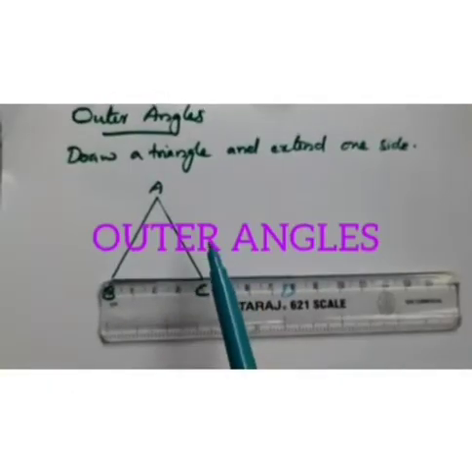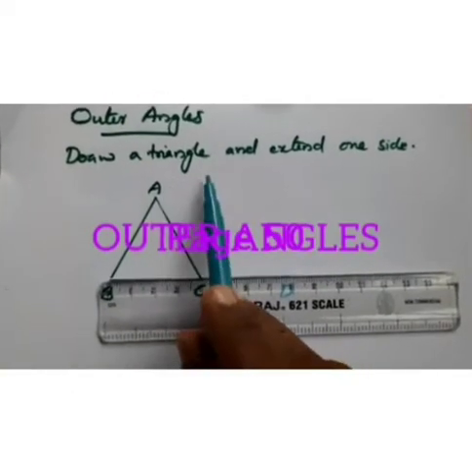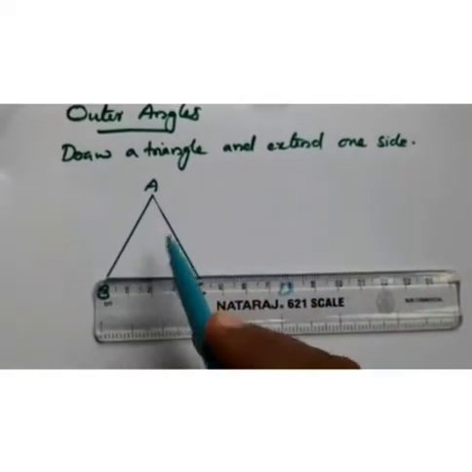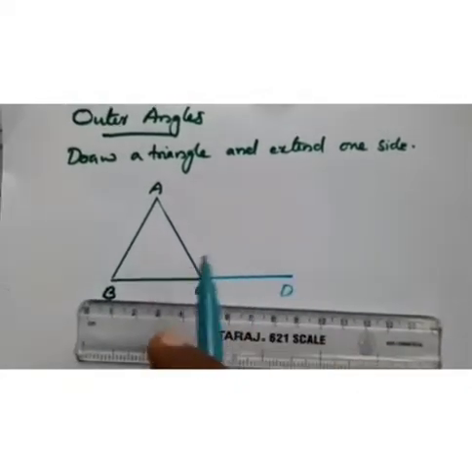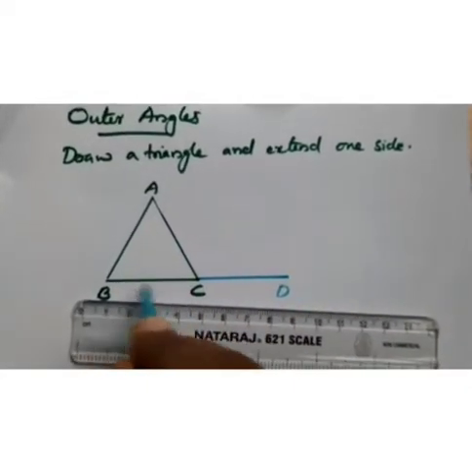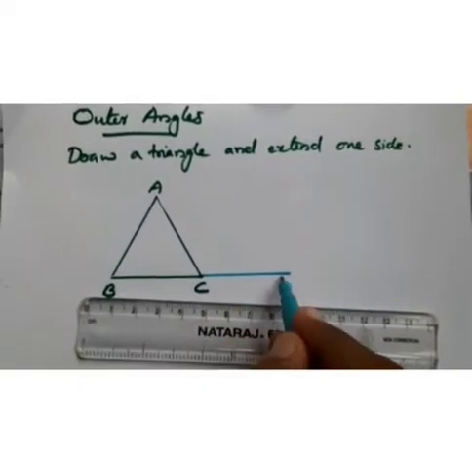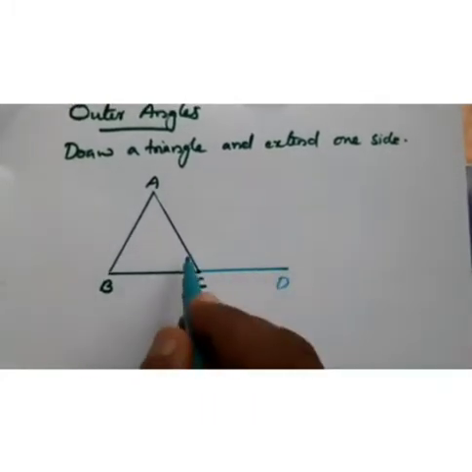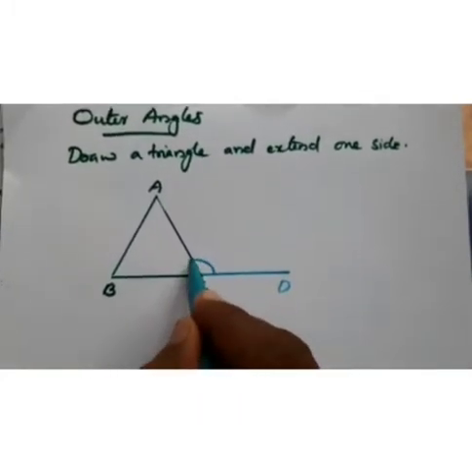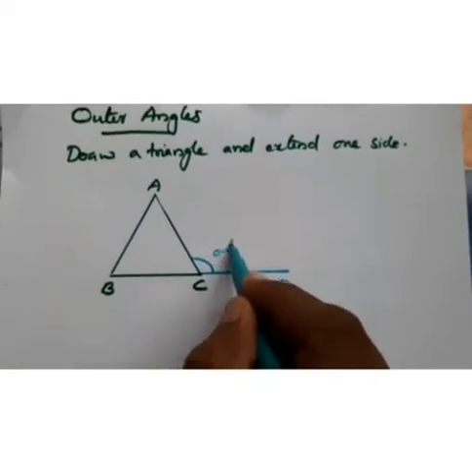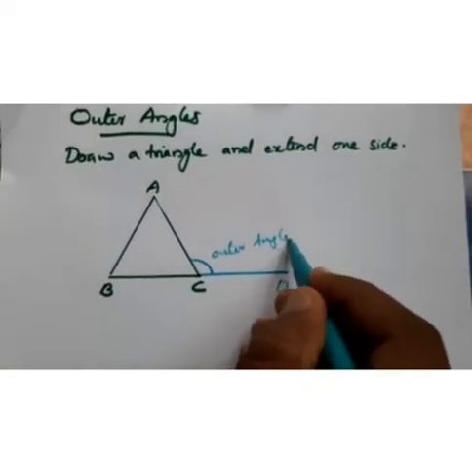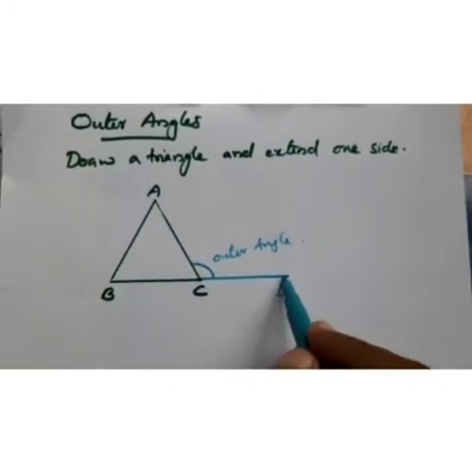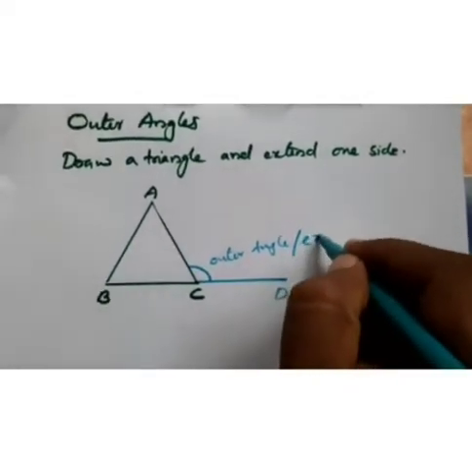Outer angles. See the question. Draw a triangle and extend one side. So first you have to draw ABC. Then you have to extend one side. So BC should be extended. You will get a line BD here. Then once we extended, we will get an angle here. This is called the outer angle, that is ACD, or another name is